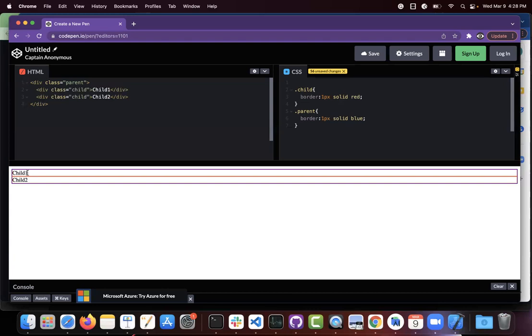Okay. Now, what I wanted to do, I said, okay, I don't want this default behavior. I want to change it. I want child 1 and child 2 to be side by side in the same line, but I want them to be pulled apart, which means one's going to be on the right side and the other on the left side. So I'm going to have to call this parent